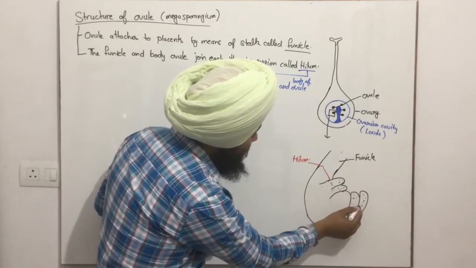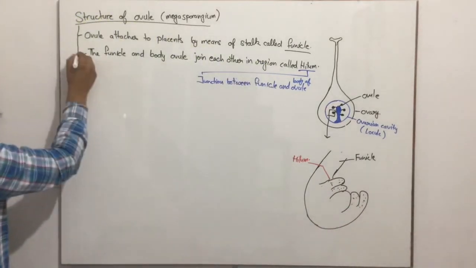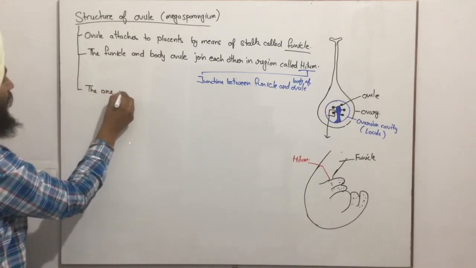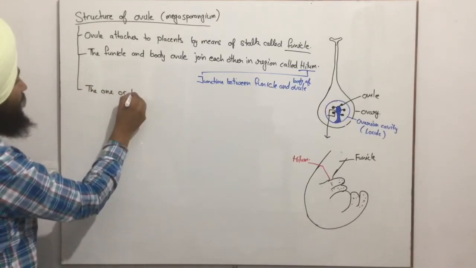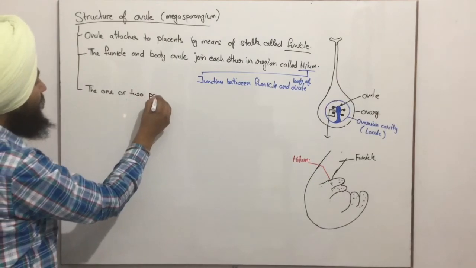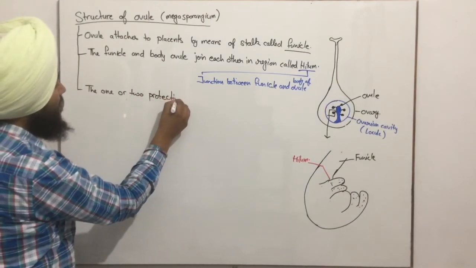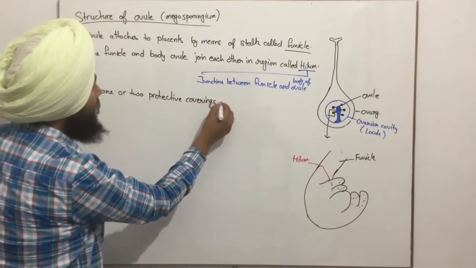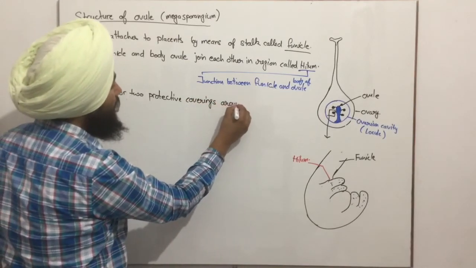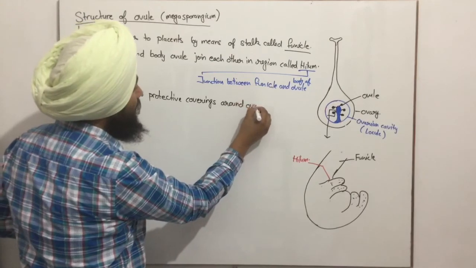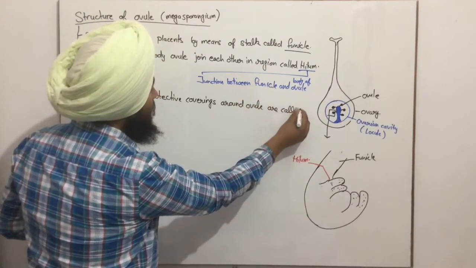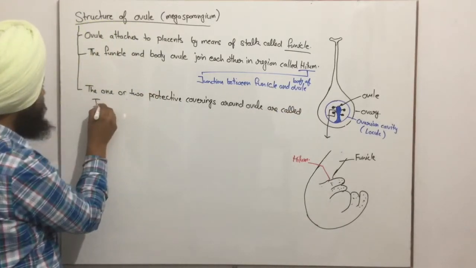So one or two protective coverings or layers around the ovule are called integuments,